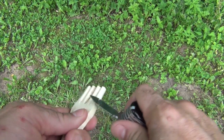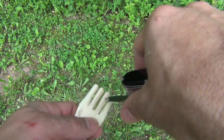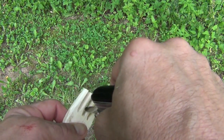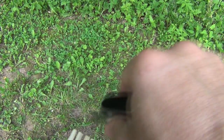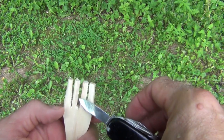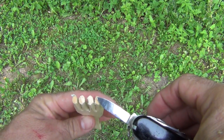Okay, so what I'm going to keep doing is I'm just shaving down these tines, as you can see here, and I want to go inside with this small blade, and I'm getting in here and just taking very small slices. I'm doing it on both sides, and I'm just trying to widen this out. So what we're going for is a decent spacing between each one of these, and then we want to round off and make into a point each of these ends so it'll fit nicely inside of our mouth